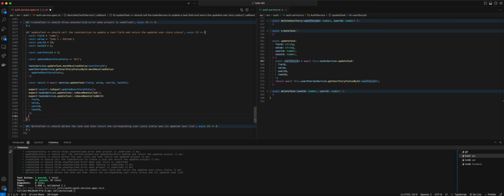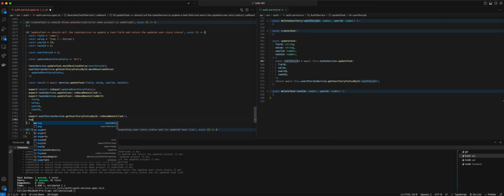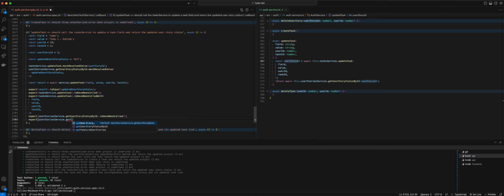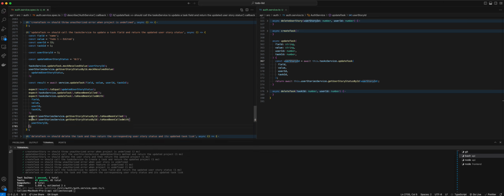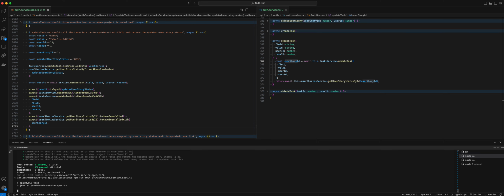And then we expect the user story service dot get user story status by ID to have been called, and we expect it to have been called with, let's take a look, user story ID. All right, let's run the tests,